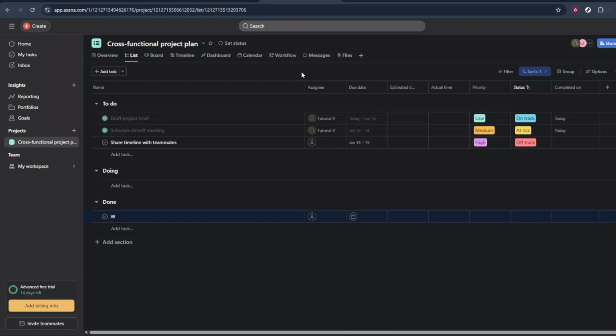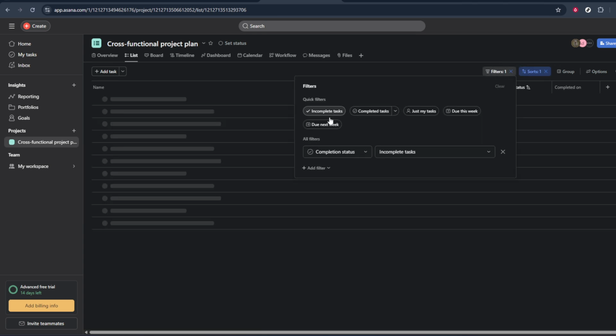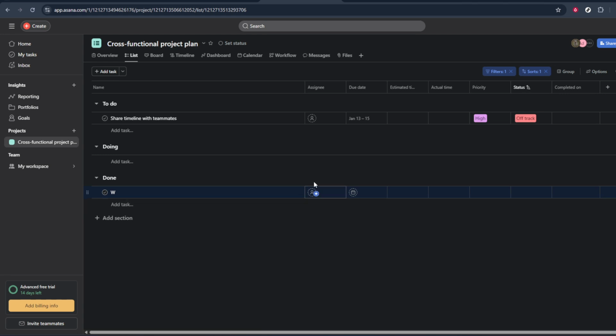In today's video, I'm going to teach you how to view completed tasks in Asana. Being able to see what's already been finished in a project is really useful, whether you're tracking progress, reporting to your team, or just double checking that nothing has been missed. In this walkthrough, I'll show you a simple way to reveal completed tasks inside any Asana project, using the built-in